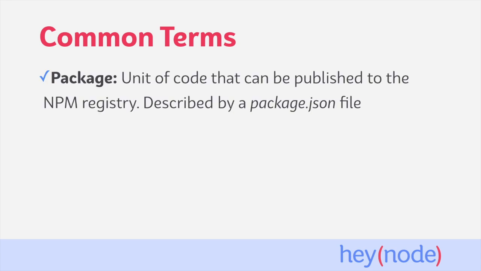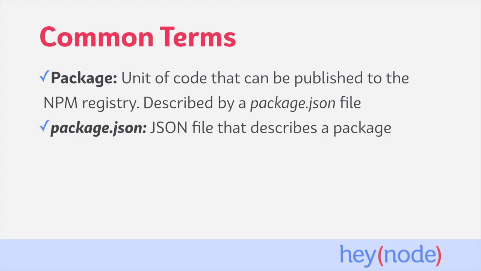First off, let's define some important terms you'll often see used in the context of npm. You can find links to documentation for some of these terms in the written version of this tutorial. When it comes to npm, a package is a unit of code that can be published to the npm registry. What makes it a package is the presence of a package.json file. You aren't required to publish your packages to npm, but everything published to npm must be a package. Package.json is a JSON file which describes important metadata about a package, such as the dependencies it requires and other important metadata the npm CLI uses to interact with a package.